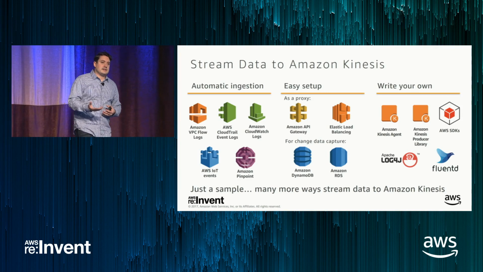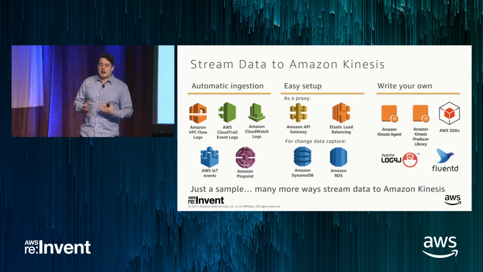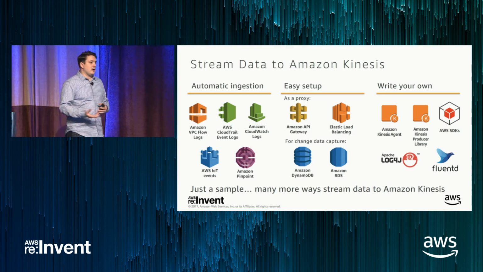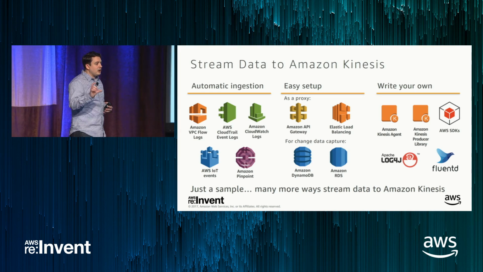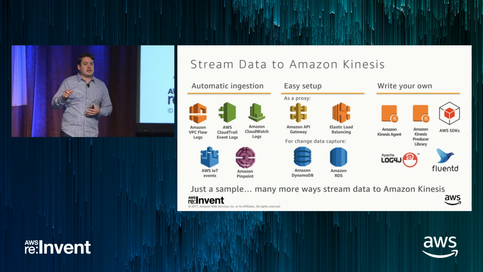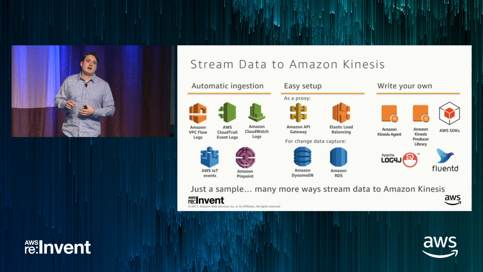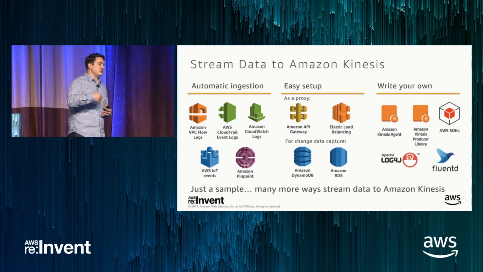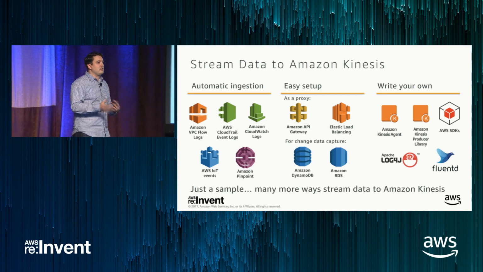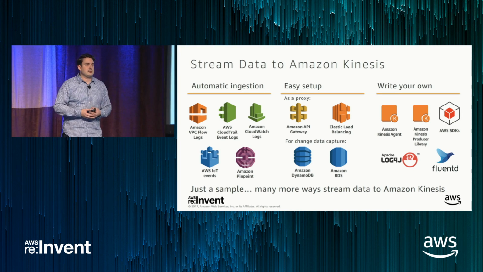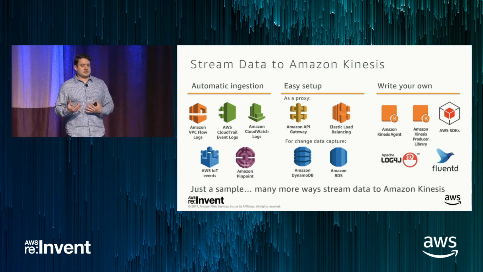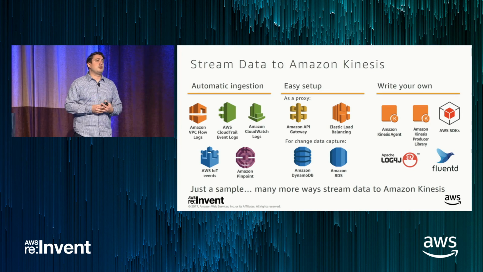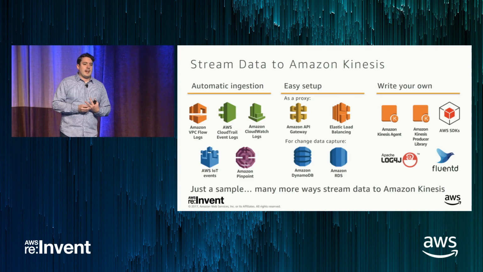The other relatively common use case for easy setup is change data capture. For example, on Amazon RDS, you can set up an agent to read from the bin log associated with it and send change data capture events directly to a Kinesis stream. We have an agent, on the right-hand side, called the Amazon Kinesis agent, which just tails a log file and does things like file rotation, and durably sends data to a Kinesis firehose or Kinesis stream very, very easily. Setting these up, for RDS, is very quick. So we're talking minutes or hours to set up.